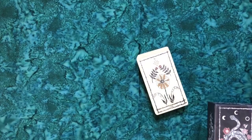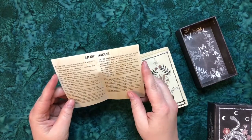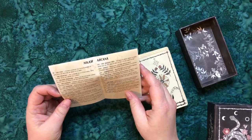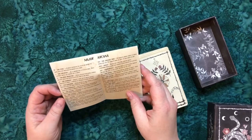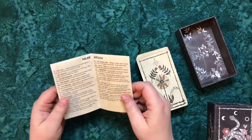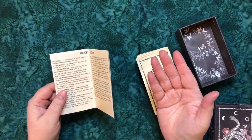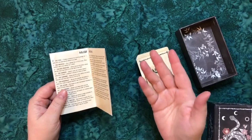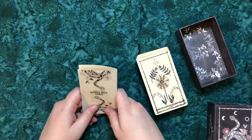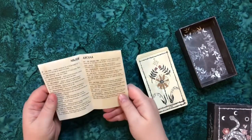Oh, and the guidebook, there's no guidebook. It's a little piece of paper that has like a haiku on it. I don't think it's technically a haiku, but the magician says, "All is before you, a cycle, a voice. You've already begun, but before you, a choice." I'm not very good with poetry. I am very much face value. Tell me something so that I can understand what you mean. And I am so not a philosopher. This little guidebook with the little rhyming couplets,